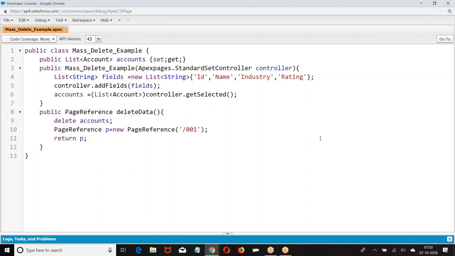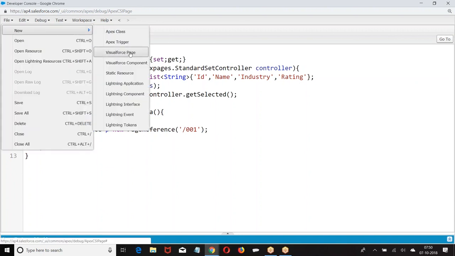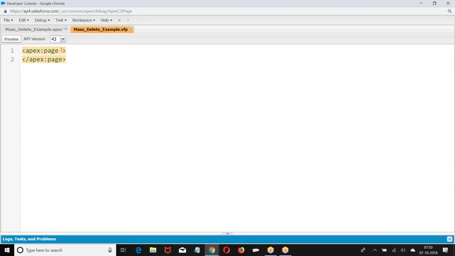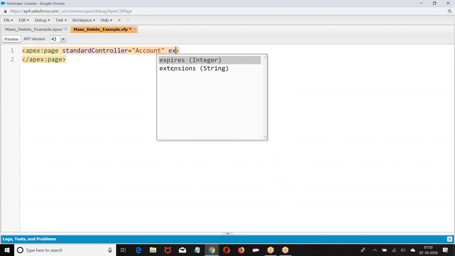Then what I have done? Delete data means the moment you say delete data, delete the selected records and go back to the home page of the account. Then create a VF page. Standard controller equal to, extensions equal to